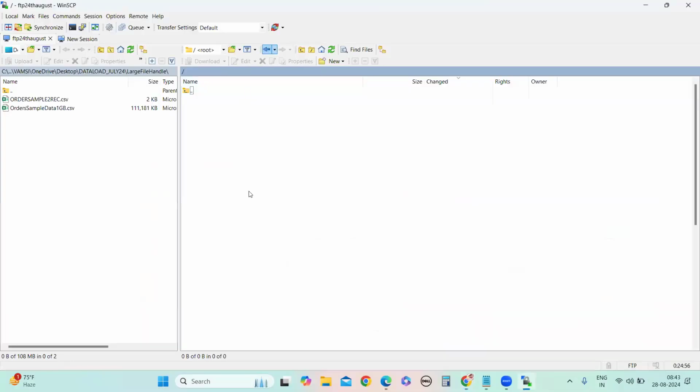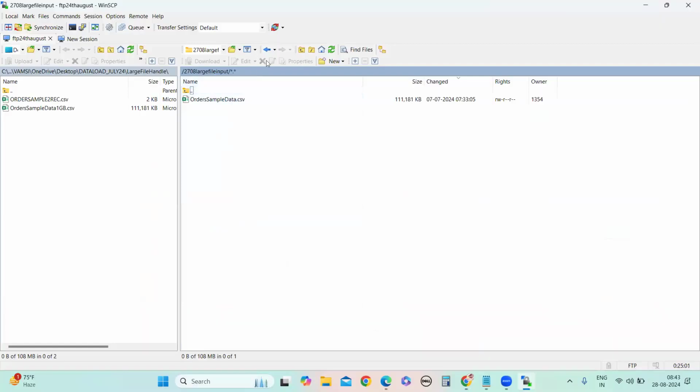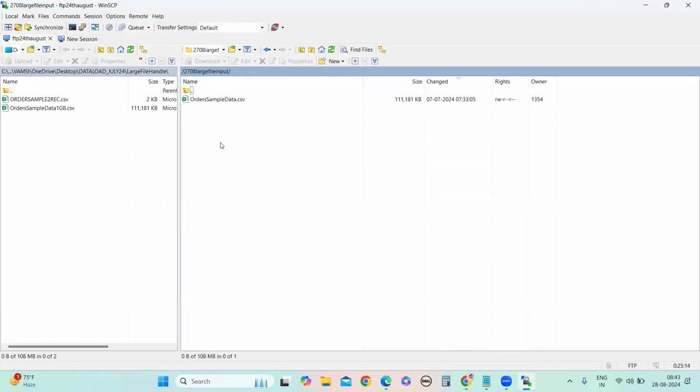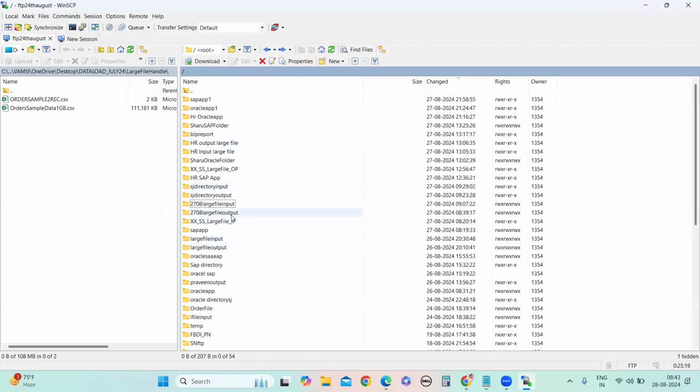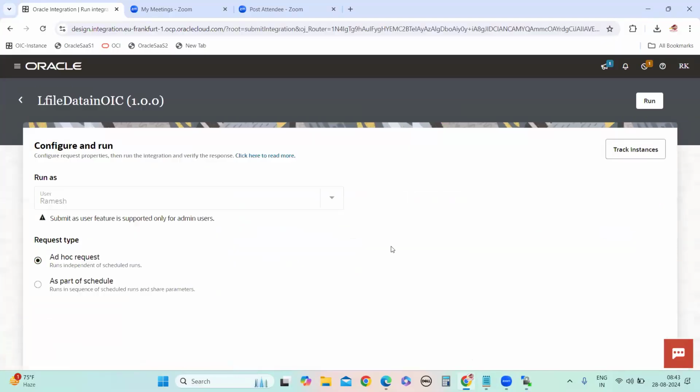So in the input, okay, output. Okay. So now let's run the integration. Run.